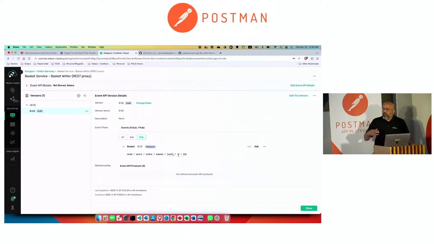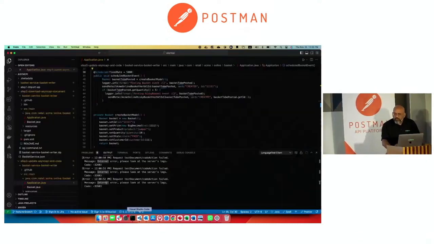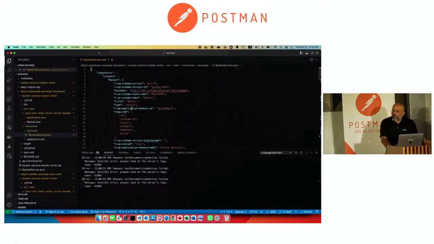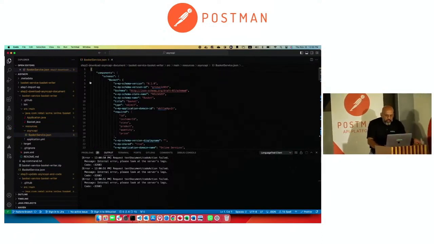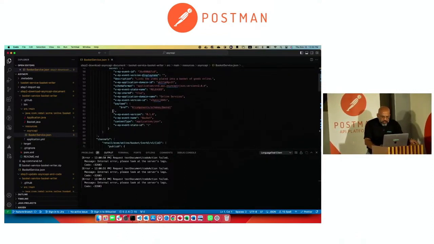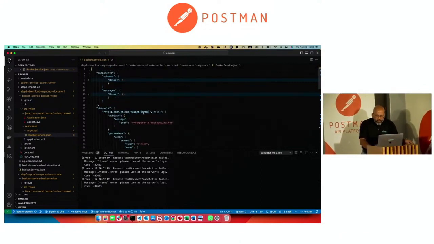So what I'm going to do is generate this AsyncAPI document. So, download AsyncAPI document. I'm going to show you the file. Unfortunately, if I run it, it'll take a little bit of time. So here it is. This is my AsyncAPI document for the basket service. As many of you showed in the morning, there's a schema, and then there's a message called basket. It operates on this topic: retail, Acme, online. This is the topic on which the interaction will happen.